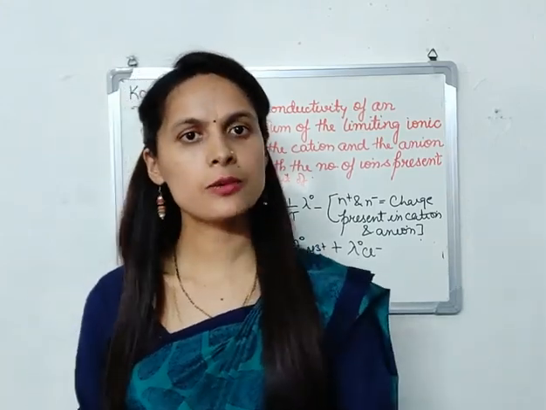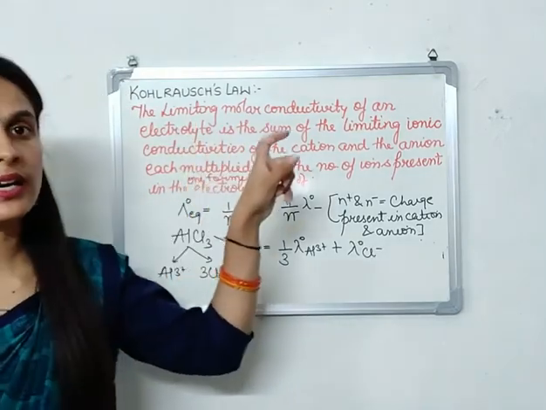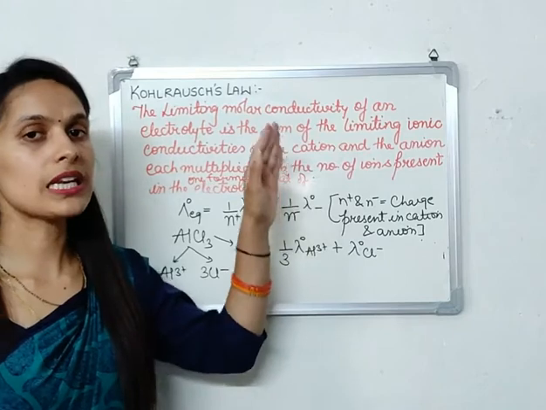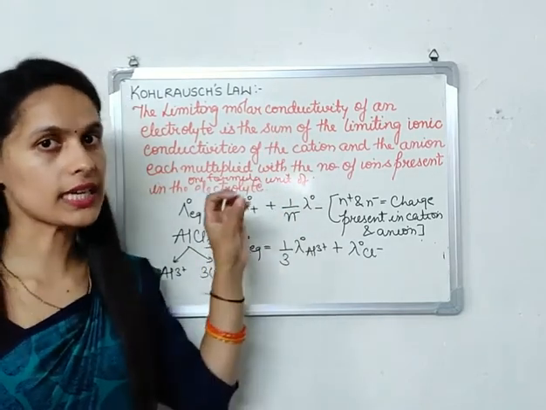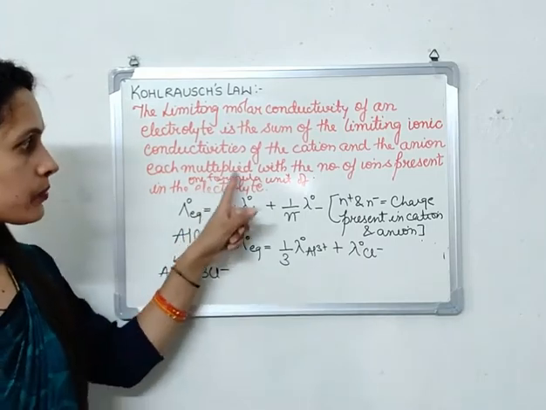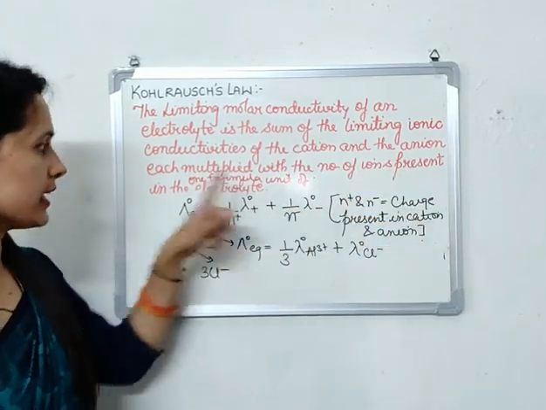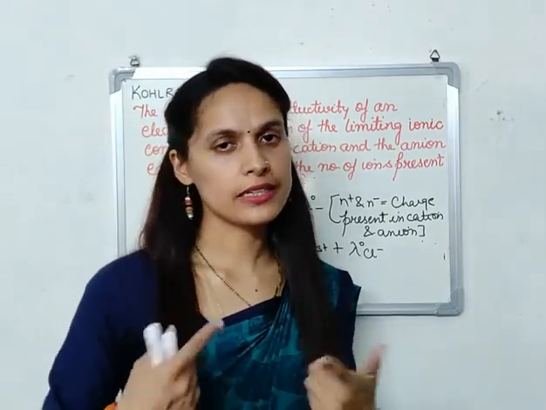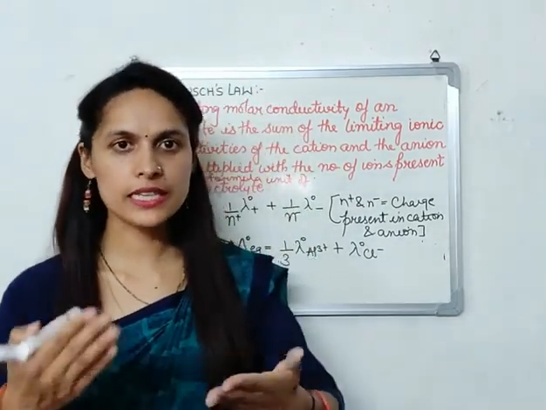And the second statement is that the limiting molar conductivity of an electrolyte is the sum of the limiting ionic conductivity of the cation and the anion, each multiplied with the number of ions present in one formula unit of the electrolyte. And in terms of equivalent conductivity, it is